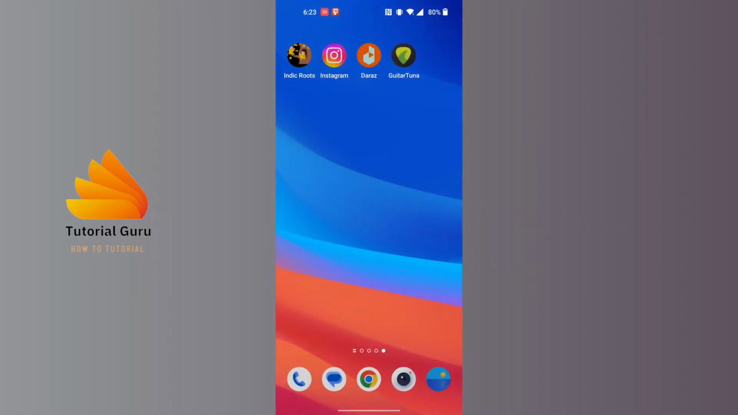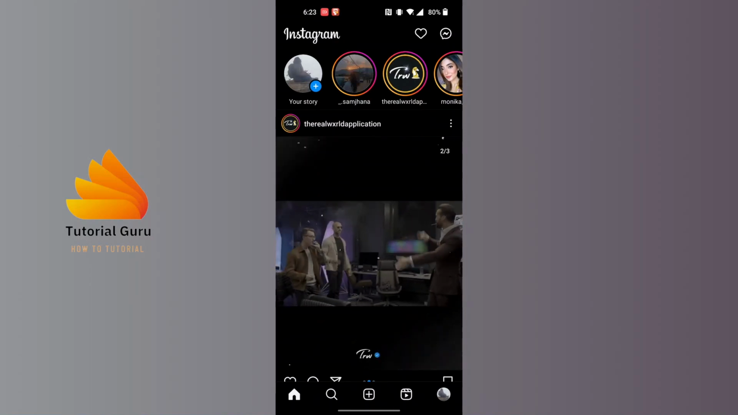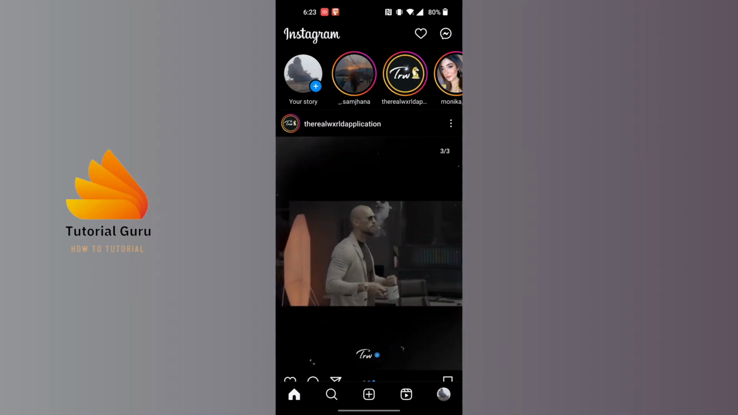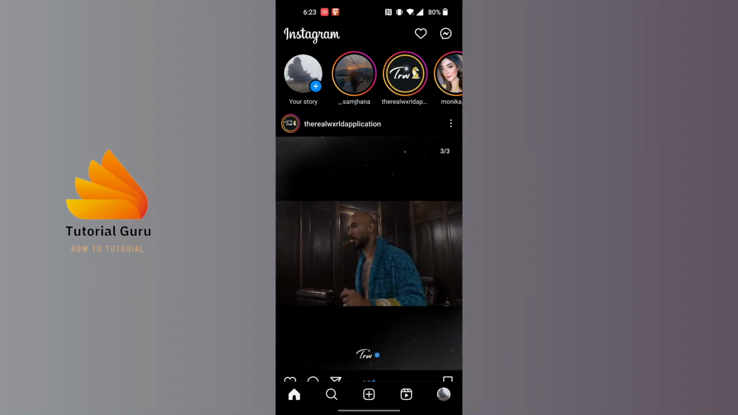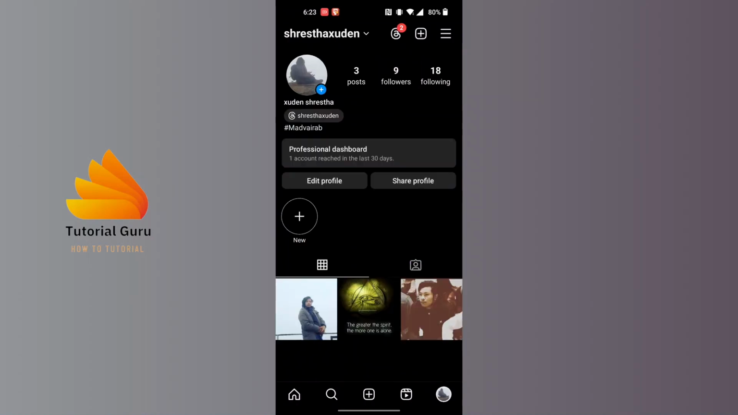Now to unblock someone on Instagram, first open up your Instagram app, and over here guys you can see your profile picture icon at the bottom right corner of the screen. Tap on that profile picture icon, and from over here guys, again at the top right corner of the screen,